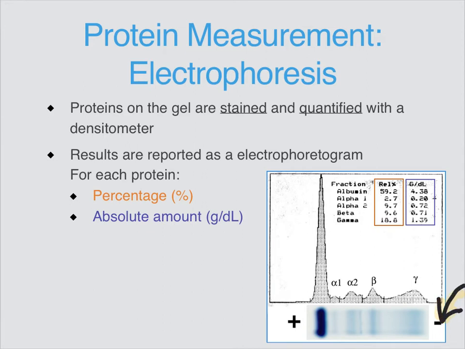We apply an electrical current, and very slowly our proteins move across. And over a certain period of time, we stop it, and we take this gel and we stain it, and it goes through a machine that is able to quantify, based on how dark these bands are, what proteins are